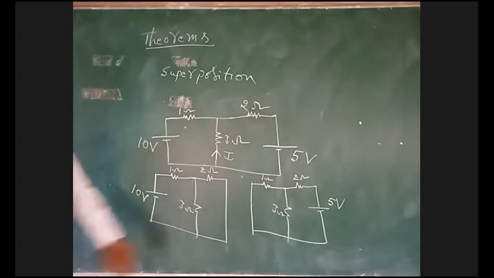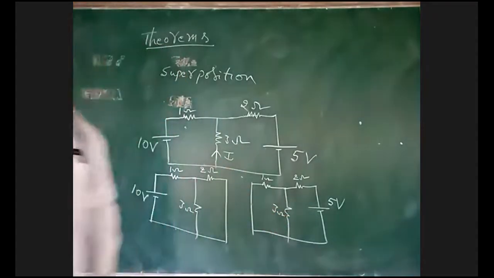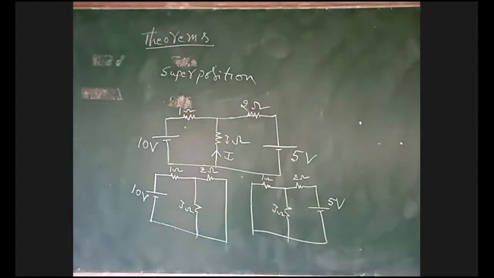I will determine the current in 3 ohms. Then I will consider 5 volts, and I will determine the current in 3 ohms. Which method can you apply for determining the current? We can apply any method, whether mesh analysis or nodal analysis or current divider. Nobody will tell specifically to use a particular method for determining the current in 3 ohms. Which method can I apply? Mesh or nodal or current divider? Nodal analysis, sir.